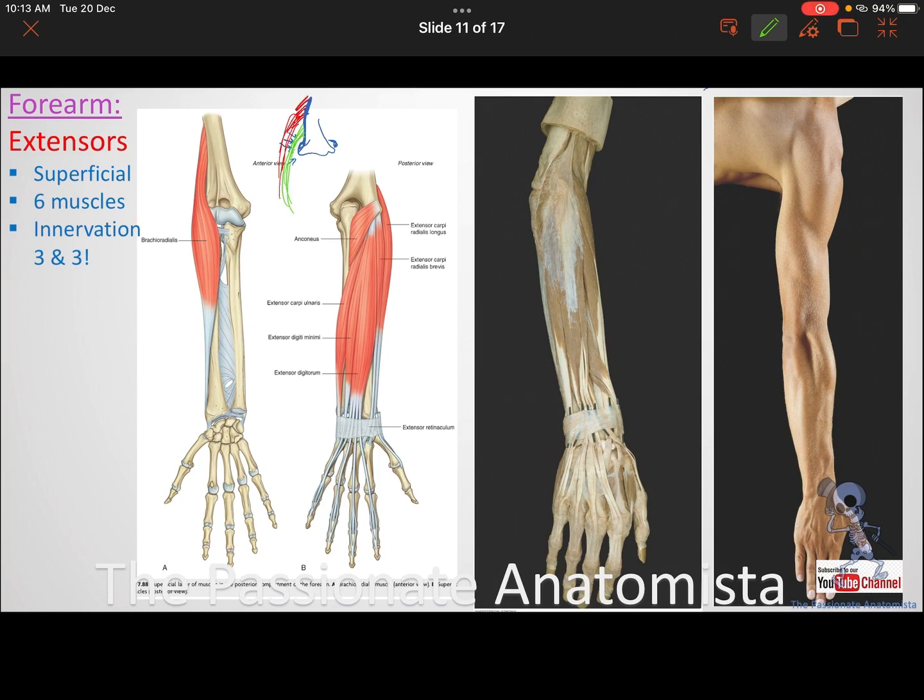And that's why it's longus, because it comes out from the humerus itself. And it goes all the way to the base of the second metacarpal bone. Remember the general rule for carpi radialis? We said that extensor carpi radialis goes to the base of metacarpal bones. The longus goes to the second, and the brevis goes to the third. If you look at this, you will see that the carpi radialis longus goes to the base of the second, and the carpi radialis brevis goes all the way to the base of the third. So we usually say the brachioradialis followed by carpi radialis longus, because both of them come out of the supracondylar ridge. So if you look at the picture,